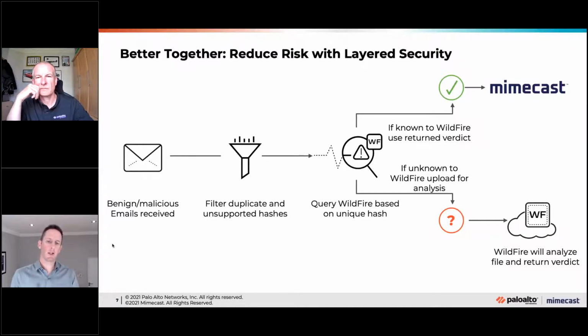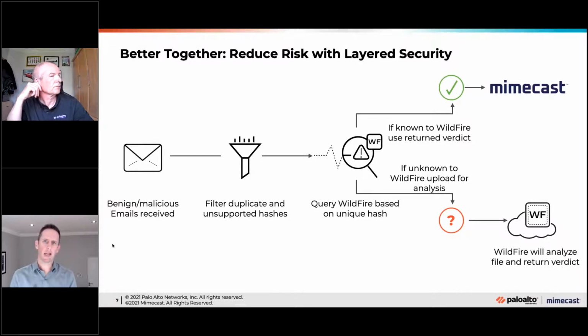Because there's nothing worse than saying, I know it's bad, and then you let a customer know. But if we can tell them that it's bad and start to invoke the remediation, it's really powerful, and means we can go back to that. If you think of the example that Simon talked us through, with 5:15, I think it was 30 minutes, how quickly that can spread. So if you've got the ability to remediate in a very short space of time, then we can keep the number of infected endpoints down to a really low level. And if it's still seen as clean, so Mimecast has seen it as clean and Wildfire determines that there's nothing bad about it, no further actions are undertaken.